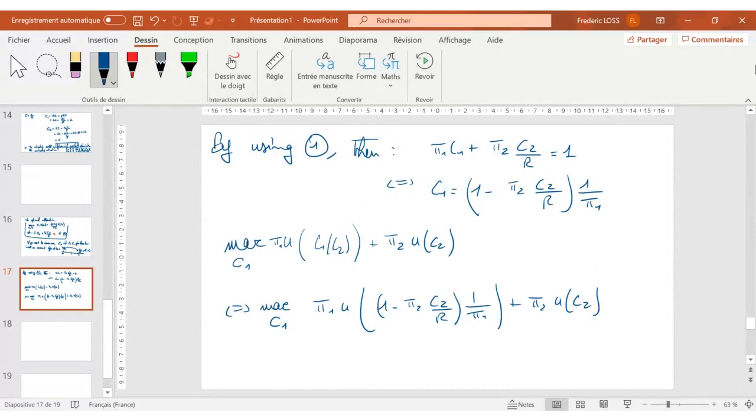So if you compute a first order condition with respect to C2, you obtain